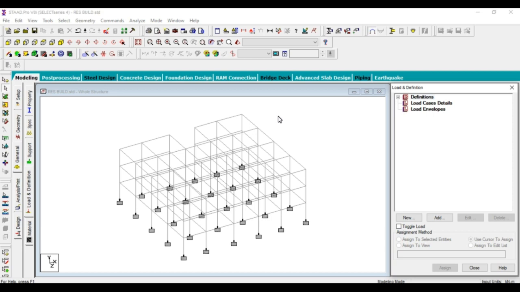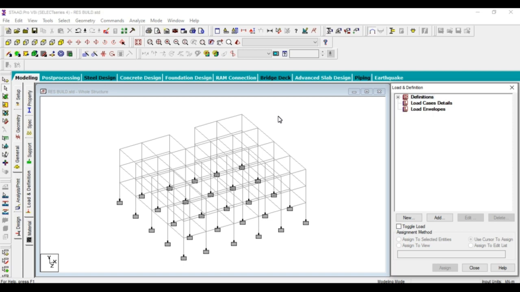For example, you and me are also live loads, every human, every pet. Any material that can be moved from one place to another will be taken as a dead load, like furniture. Humans and pets will be considered as a live load. Understood? First of all, I will add a dead load to the building.